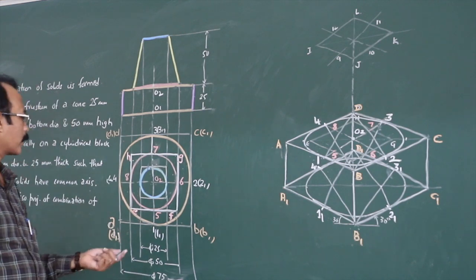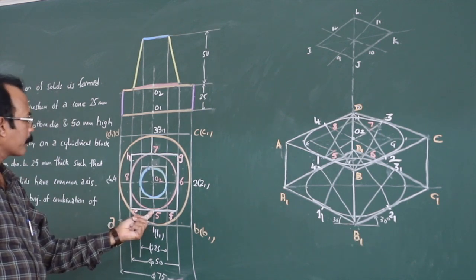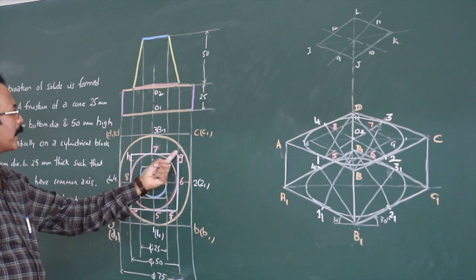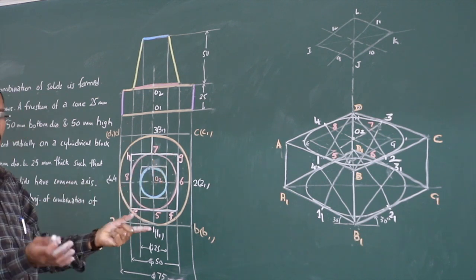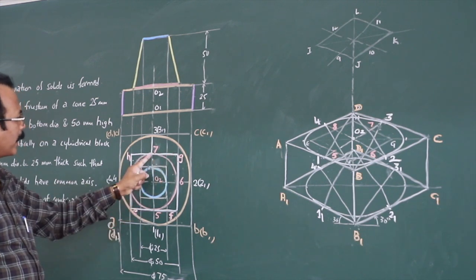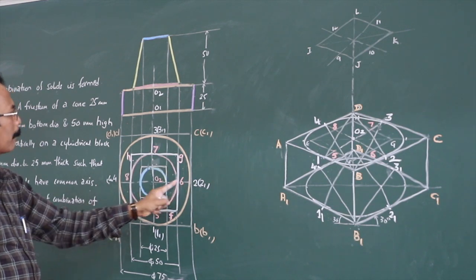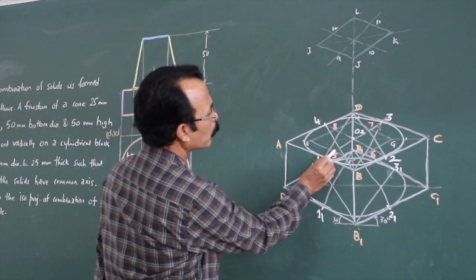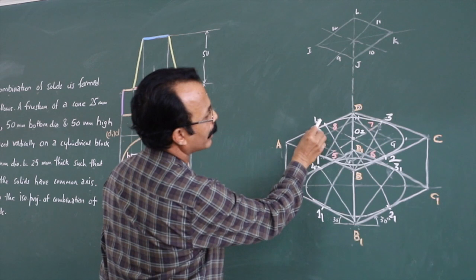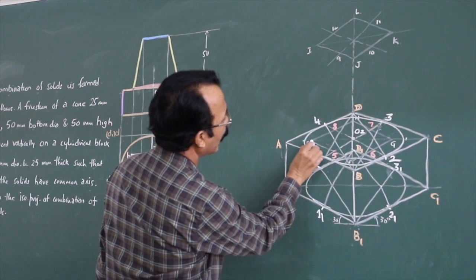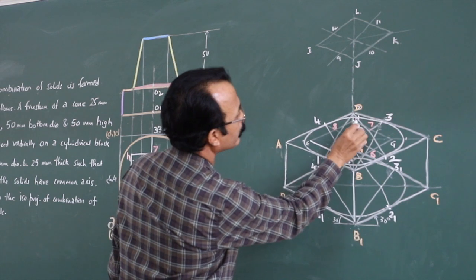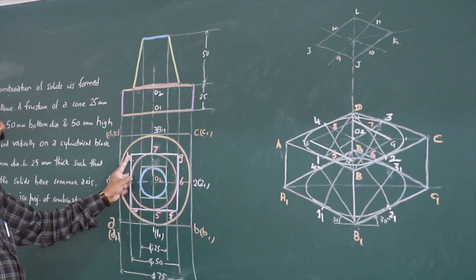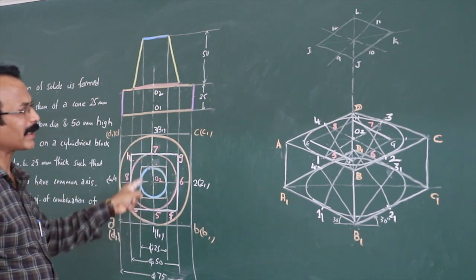Okay. Now please try to concentrate. Passing through this 5, you are having EF, and passing through 7 you are having HG. So effectively, passing through 5 and 7 you are having two lines parallel to the other center line, that is 6 and 8. So passing through 5 and 7, draw lines parallel to 6 and 8, right. So I will draw this line here and this line here, again 30-degree lines there. Then passing through 6 and 8, you are having lines parallel to 5 and 7.